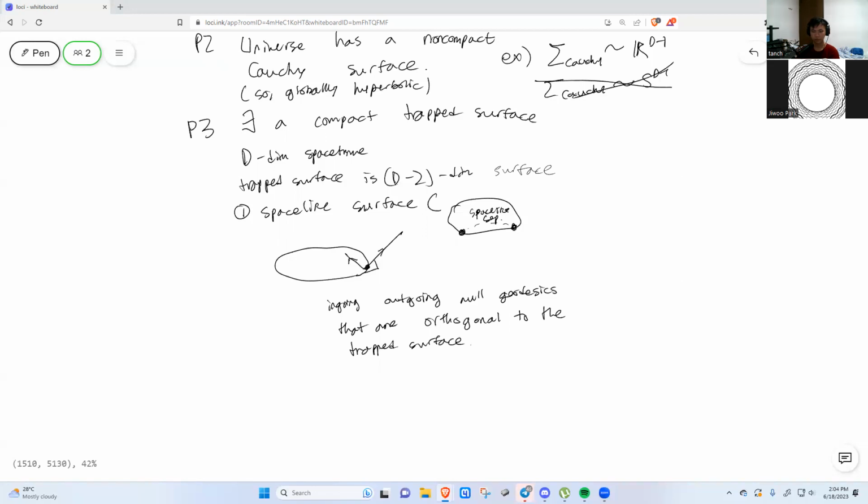So yeah, they are orthogonal. And because it's a space-like surface, if you look at this locally, it would look flat, and you can assume that this local part of the trapped surface